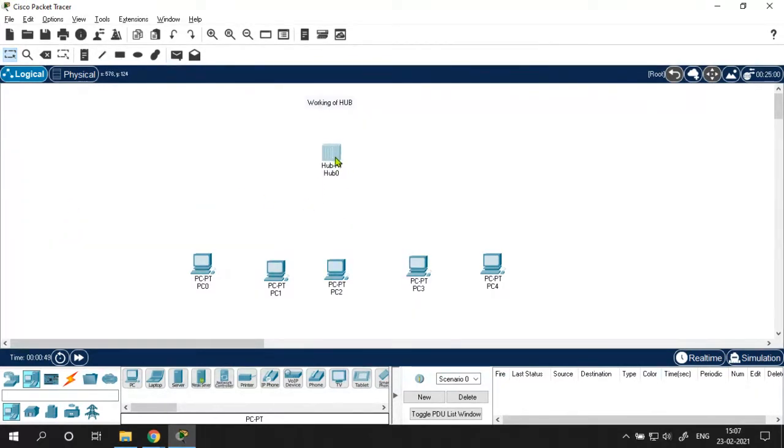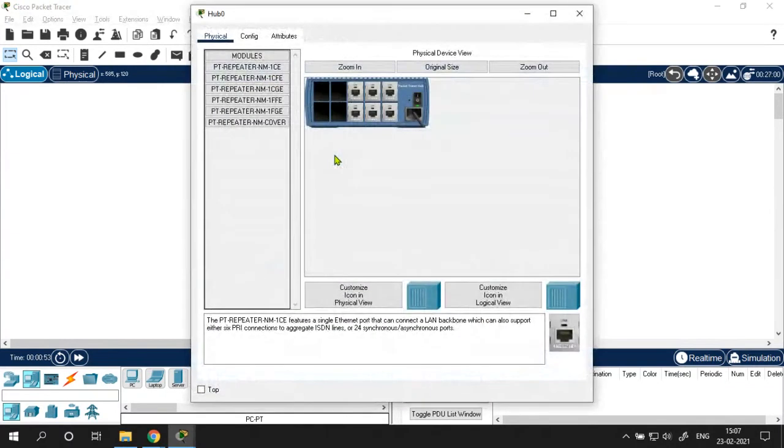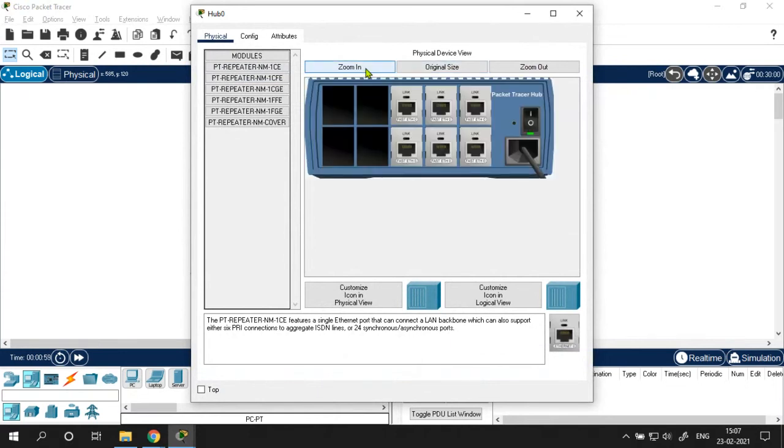If you want to see the configuration of this hub, you just click on this hub. One dialog box, one window will open. Here you can zoom in on the physical view of this. So fast Ethernet, there are 1, 2, 3, up to 6.